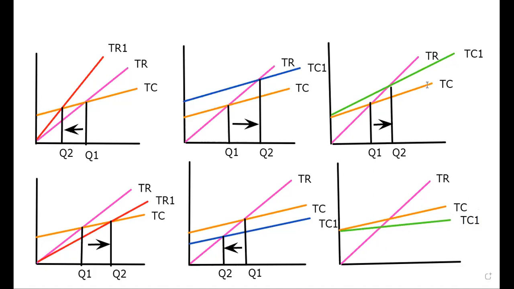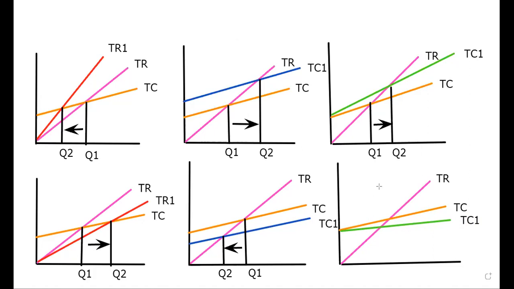In the first scenario, the total cost increases and steepness will increase because variable cost increases. In this situation, variable cost decreases. Variable cost means direct material costs, direct labor costs, and direct other expenses decrease. Sometimes it can happen. Variable cost can decrease. So in that situation, total cost decreases and the break-even quantity also decreases as a result of that.